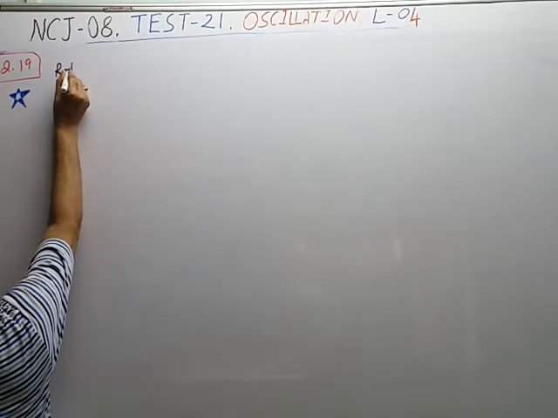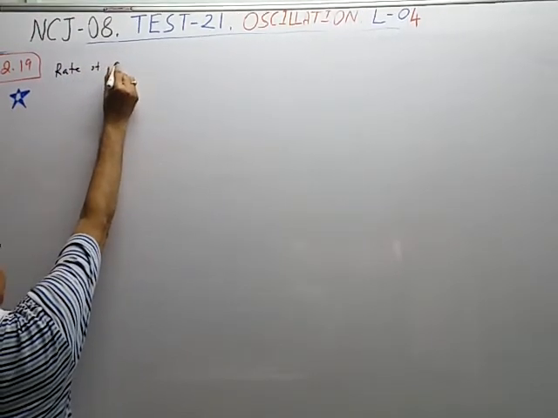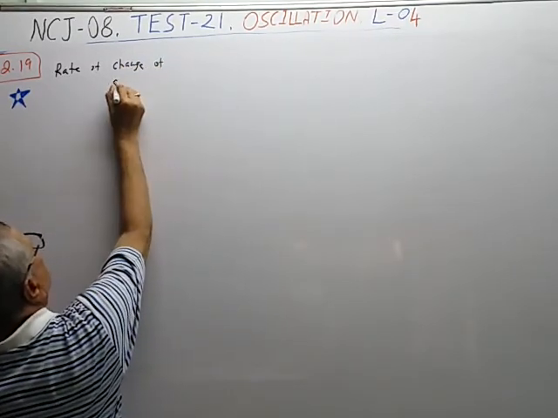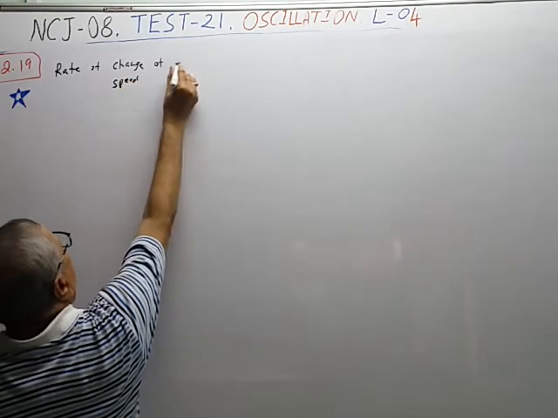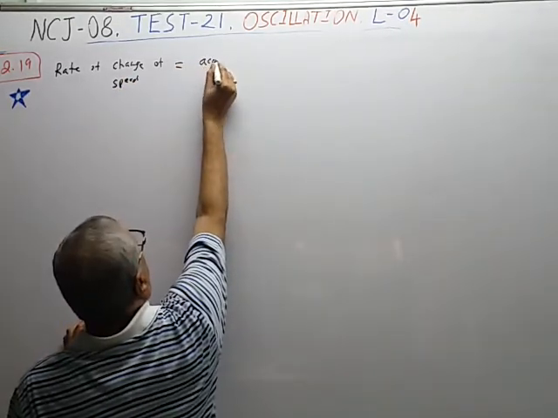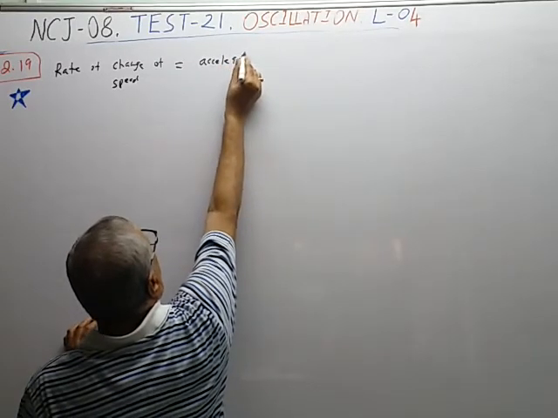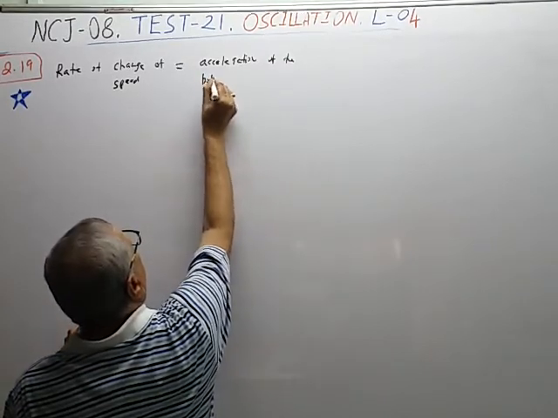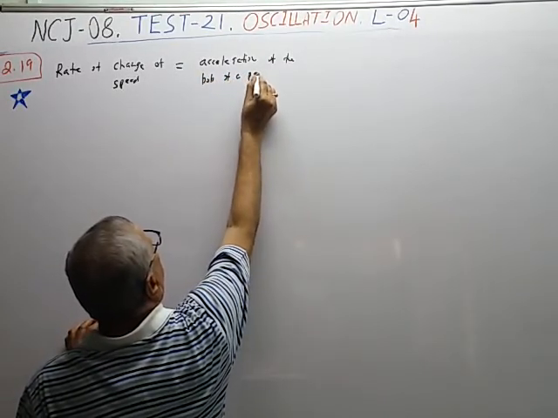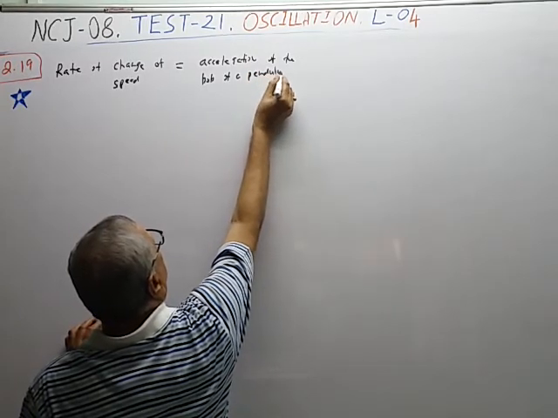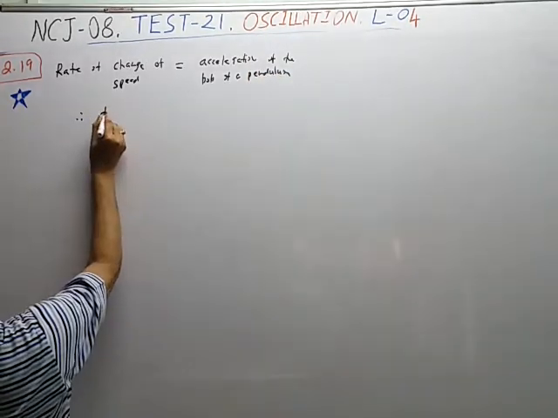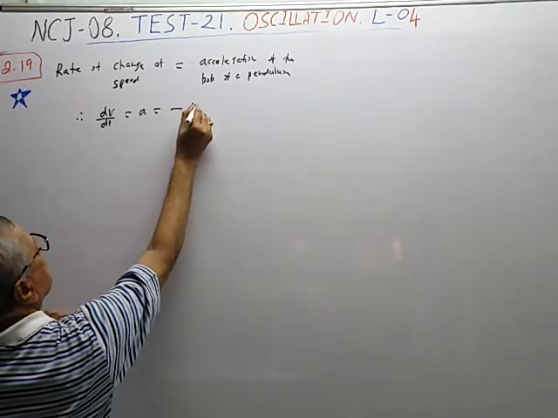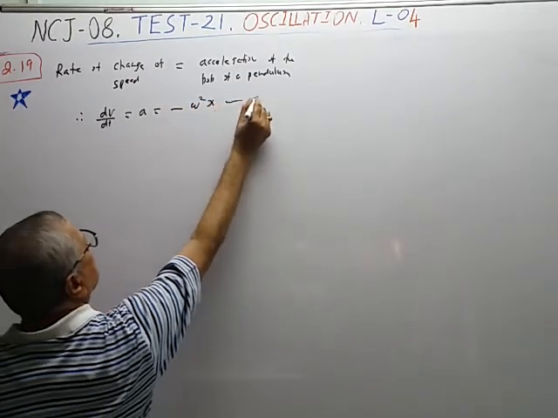Rate of change of speed is equal to acceleration of the bob of a pendulum. Then symbolically you can use rate of change of speed dv by dt is equal to A is equal to minus omega square x. This is the equation capital A,